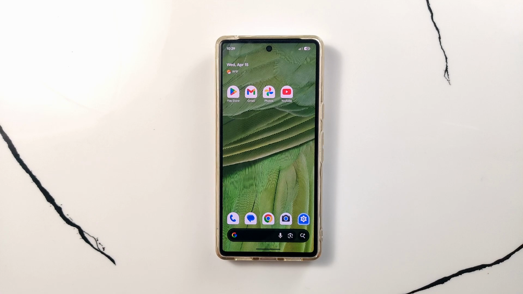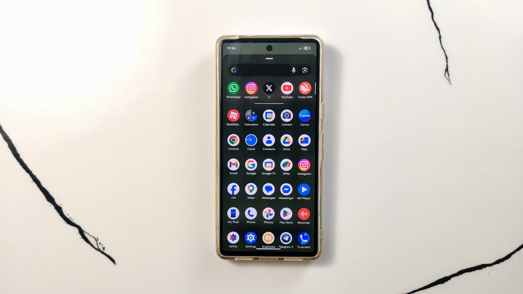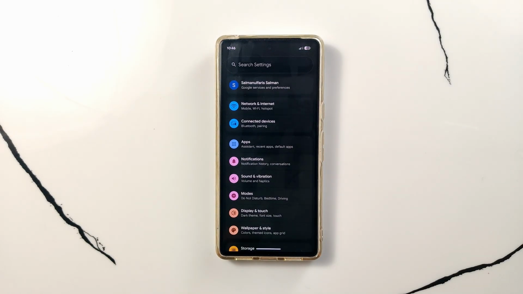In this video, we're learning how to activate bold text on Google Pixel 7a. So simply swipe up the screen, then go to menu, then open settings application. You can see, okay. Then select